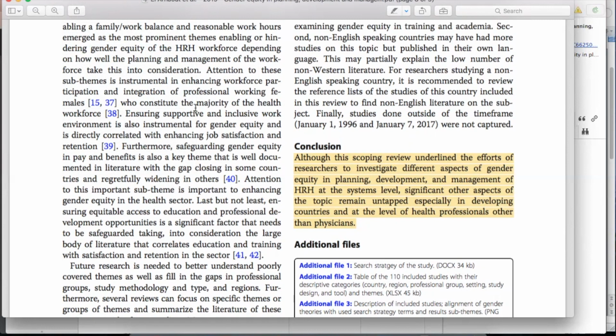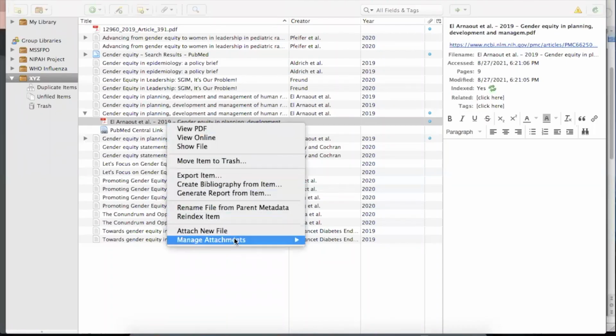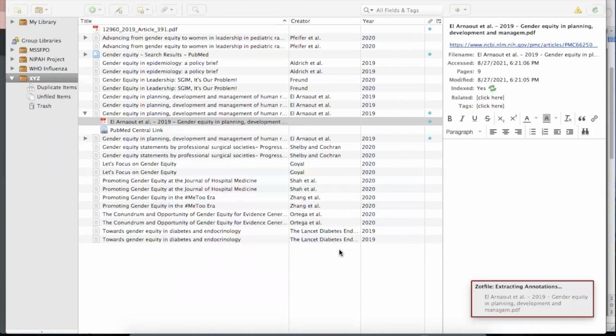If it asks you, then you have to save it in the Zotero storage folder. You have to save it where it is already saved. You don't have to create another copy, or save it on the desktop or in another folder. So now I'll close it. Now I'll right click on it and go to Manage Attachments. After Manage Attachments, I will click Extract Annotations. Here the parts which I've highlighted will be extracted and Zotero will capture them.